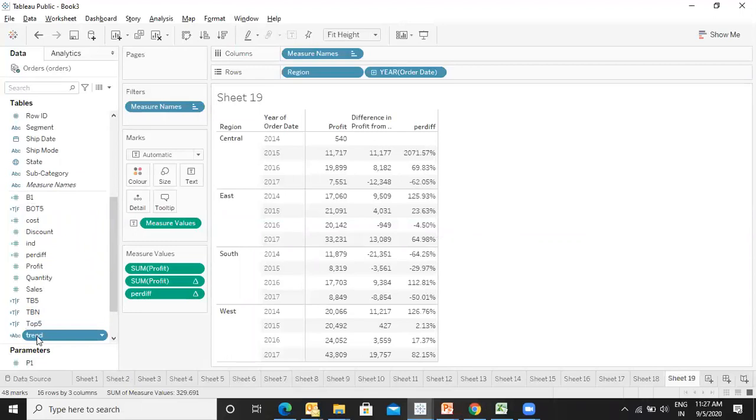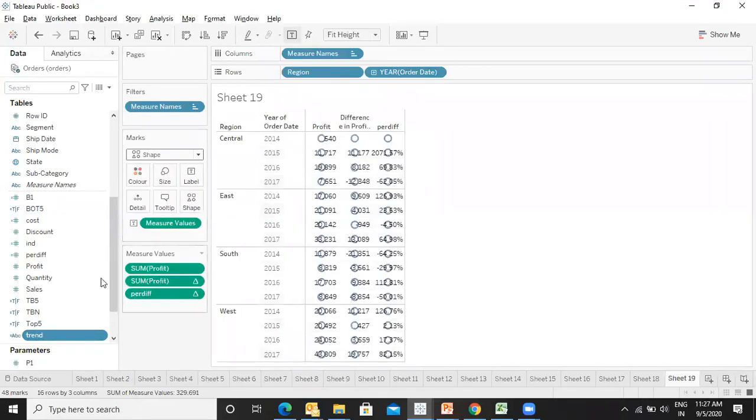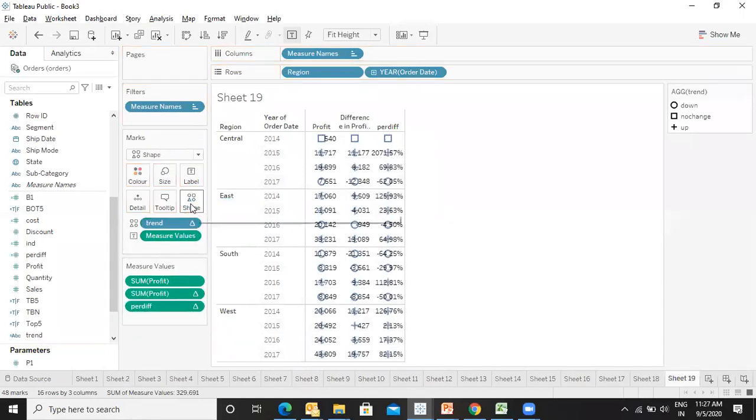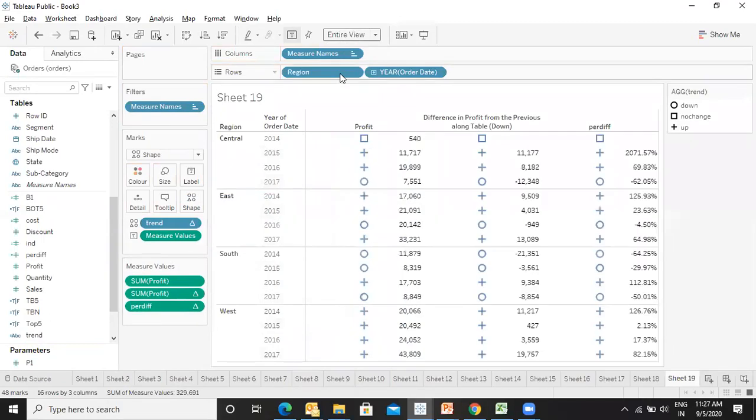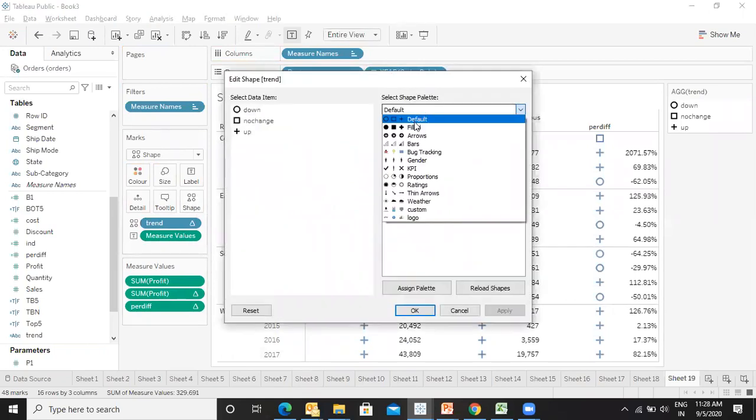Now let me take a shape from here, and let me put the trend in the shape, and let me make it entire view. Now I will go to the edit shapes, make it filled.